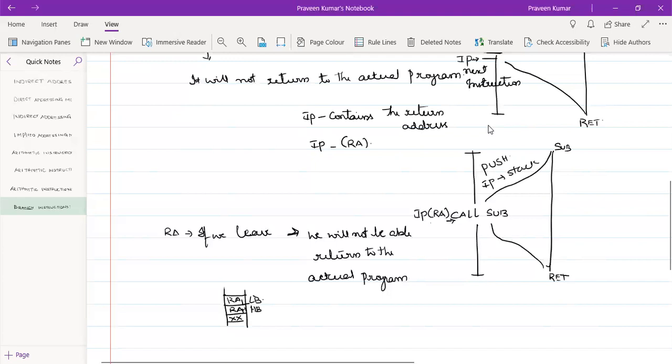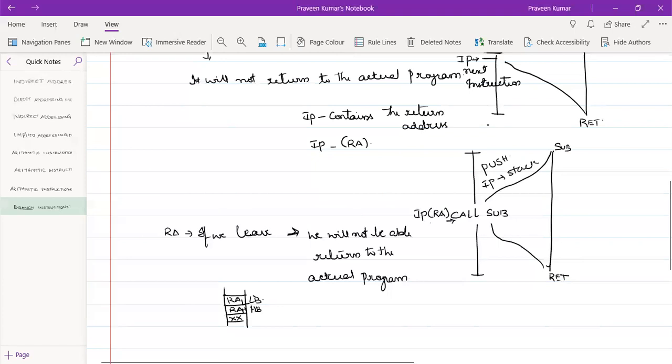If I give a fixed return address in the return instruction, then the return address may be random, and we may not be able to actually run through the program and execute it properly. Clear? So if I give it in a stack, automatically it gets you to the correct address or correct position.